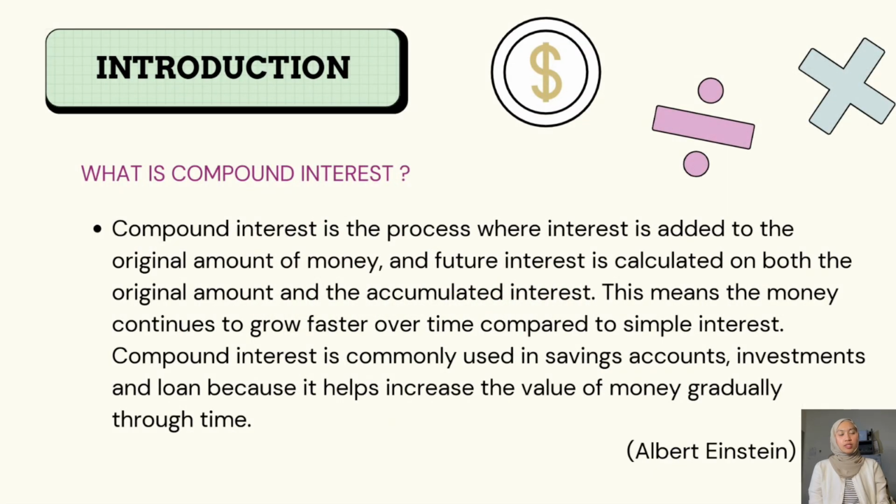What is compound interest? Compound interest is the process where interest is added to the original amount of money and future interest is calculated on both the original amount and the accumulated interest. This means the money continues to grow faster over time compared to simple interest. Compound interest is commonly used in saving accounts, investment and loan because it helps increase the value of money gradually